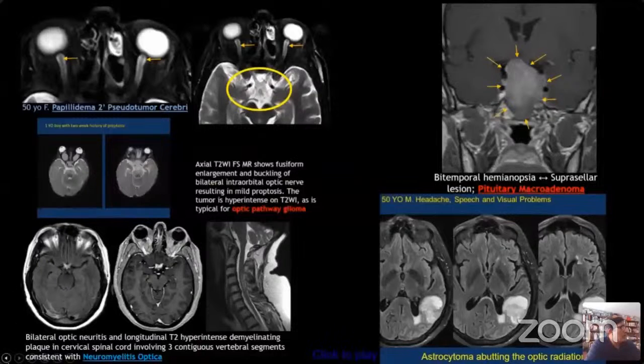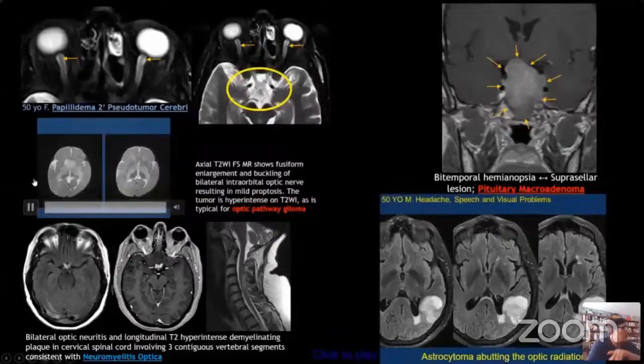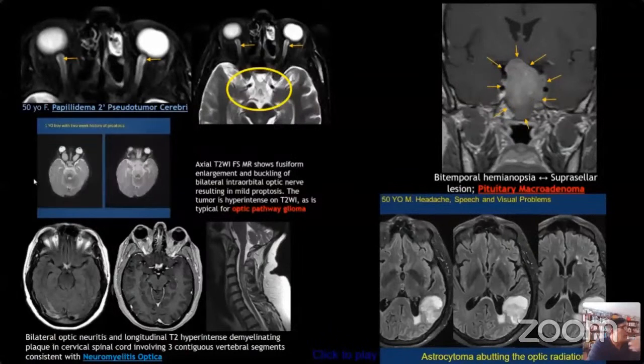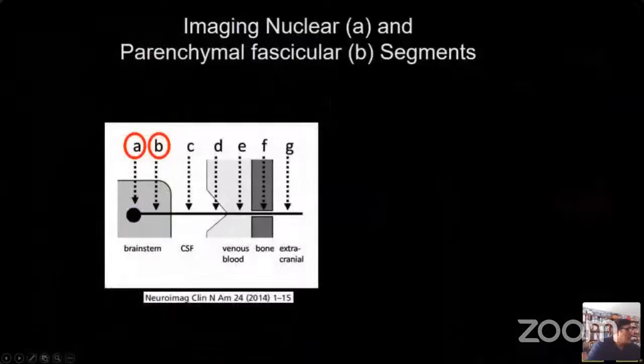Yes, sir. Okay, excellent. So this is my little video here that I can play out, and that video shows in the axial plane, and it's in a loop, that you can see there's a huge pilocytic astrocytoma at the hypothalamus, which actually infiltrates into bilateral basal ganglia, and then it continues on within the orbital cavity as the optic pathway glioma. Now, the case below that is that of neuromyelitis optica, and you can see again,